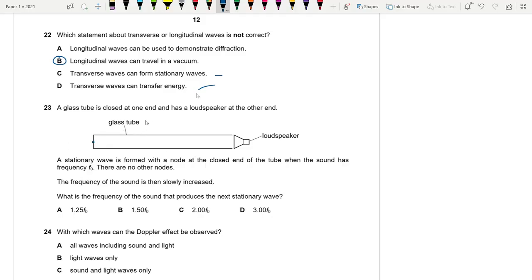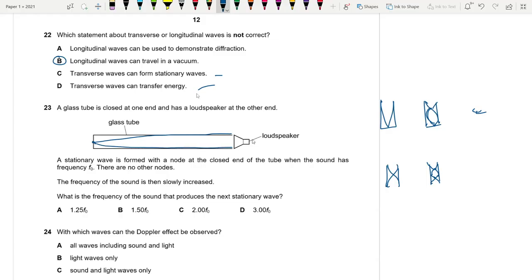So remember guys, in glass tubes you need to know about two patterns, if both ends are open and if one end is closed. So if one end is closed, the pattern goes like this. Okay, this is basically the pattern. And if both ends are open, this is the pattern. Okay, like this. So since one end is closed, we're going to look at these patterns, and we only have one node, right? So we're going to opt for this pattern. Super hard to draw, like this basically. Okay, here,